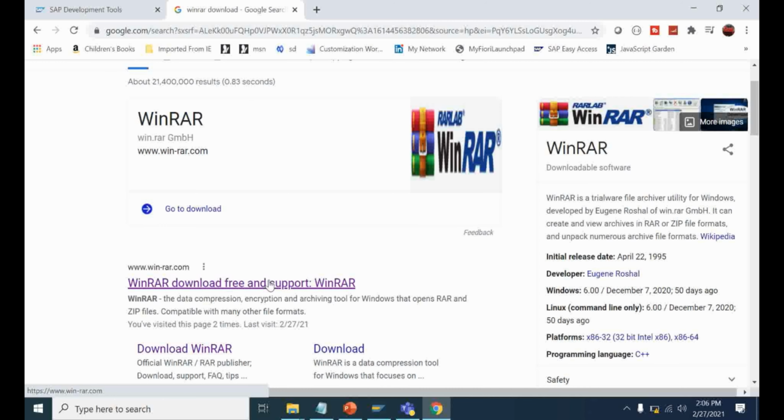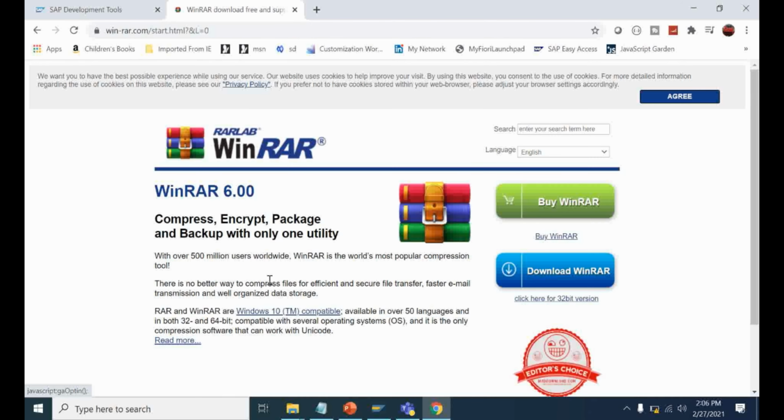We can go to winrar.com. From there we can download WinRAR software. In the second step, we have to install the JDK if it is not available on your system. That is also the same process. Directly from Google we can download and install.